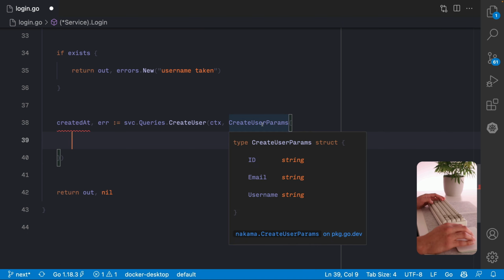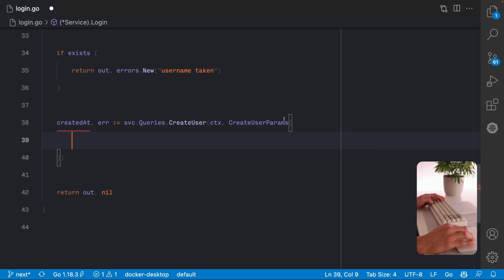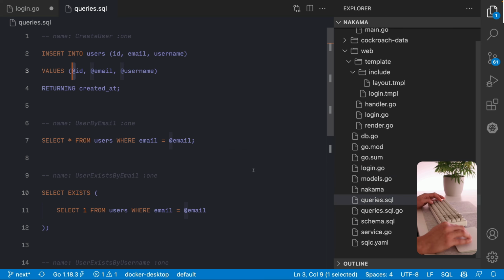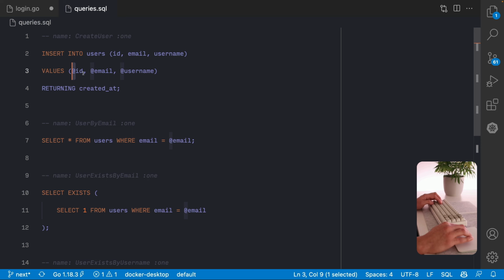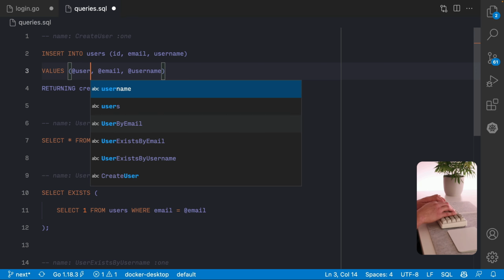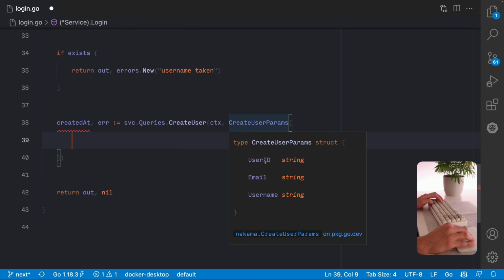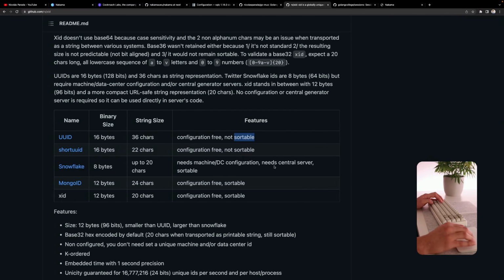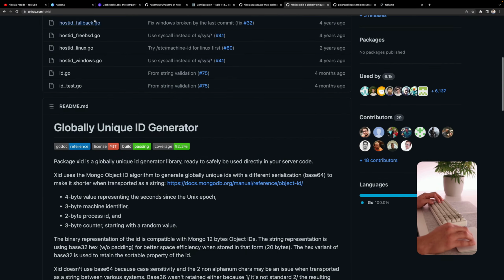So for the create user, we need to pass the user ID. All right. So actually, let me do a change here. In the user params, I'm gonna rename this to user ID. See, now it's reflected right here. All right. For the user ID, like I said before, we're gonna use XID. So we need to import this library.